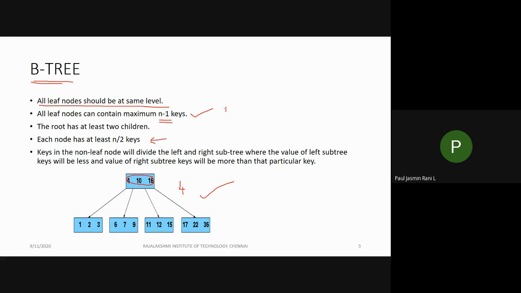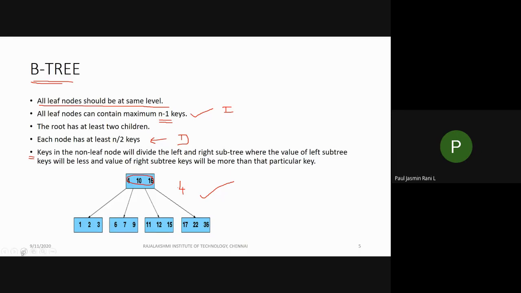This is at the time of insertion, and this you have to see at the time of deletion. So while deleting, while taking any element from your node, you will take the elements only from the leaf node. If you are removing, you have to ensure that the leaf node contains n minus 1 keys. Okay, so that has to be followed in your fourth property. And the last property is that it satisfies the binary search tree property. That is, the elements present on your left side should be less and the right side should be greater than your root node.